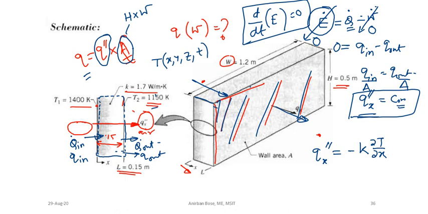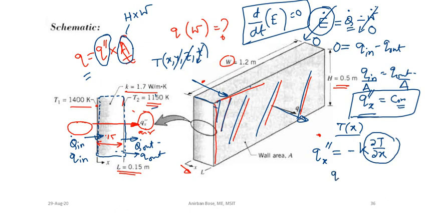But here we have considered a steady state situation, that means the temperature is not a function of time. We have considered only one dimensional heat transfer, that means temperature variation is taking place only along the x direction, not in y and z. So temperature in this particular case is only a function of x. If temperature is only a function of x, then there is no need to write it in partial form.